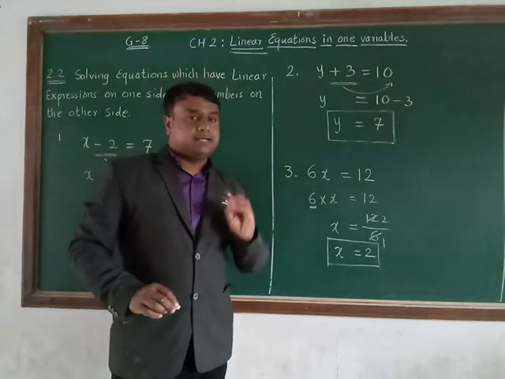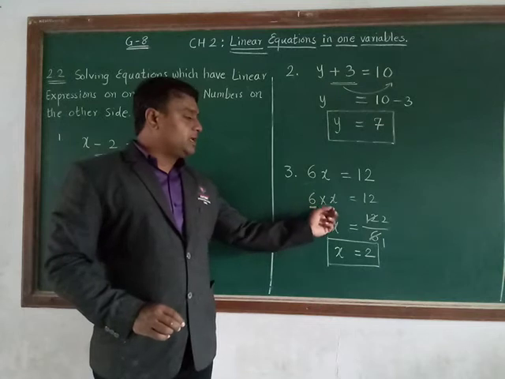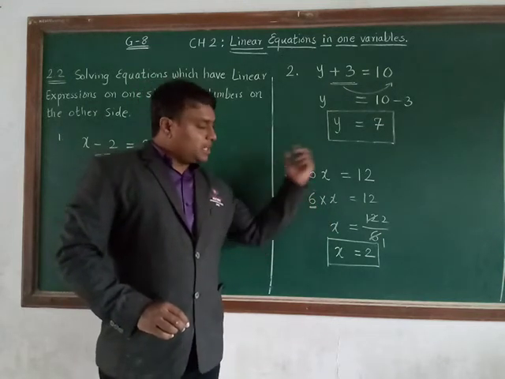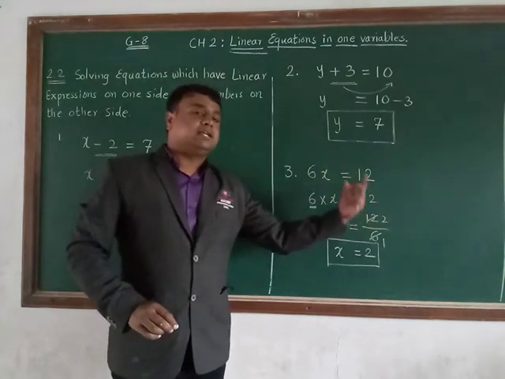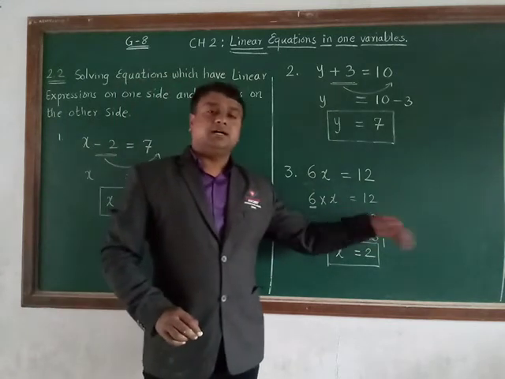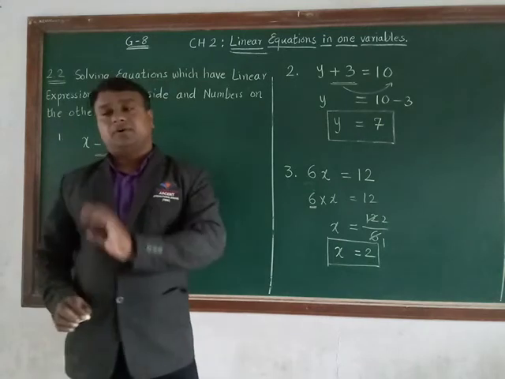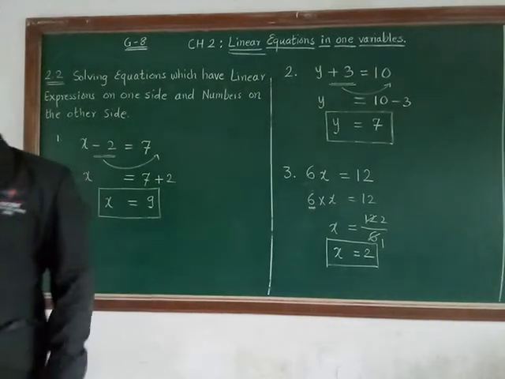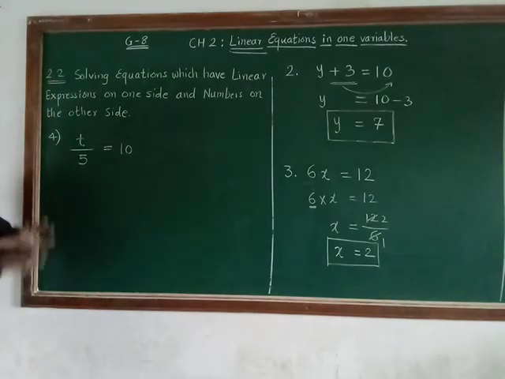Here what we have to understand is that whenever a value is multiplied over here, and we transpose a number or a variable to the right hand side, it becomes divided on the right hand side number. Okay, now one last example for division. Let's solve one more example to understand our whole set of transposing rules.